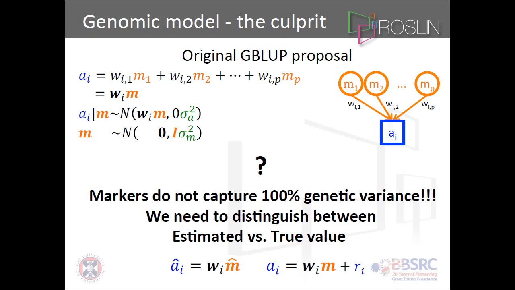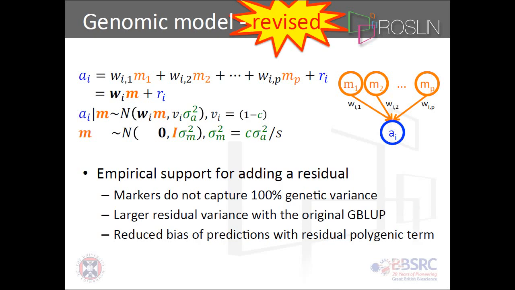And when we are specifying these models, we need to be careful about distinguishing between the estimated value and the true breeding value. So the model for the true breeding value should be the inner product plus some residual that is going to capture this variance not being captured by markers. So if we revise our breeding value model by sticking in this residual, what we now get is that the conditional distribution of breeding values given the marker effects is a normal distribution with expectation equal to this inner product and some variance